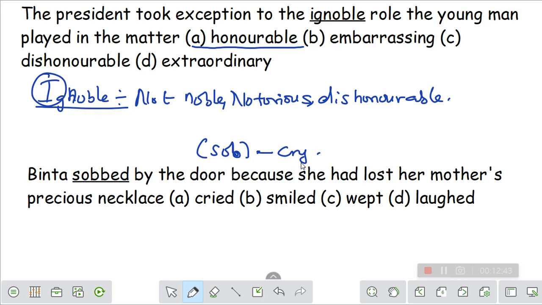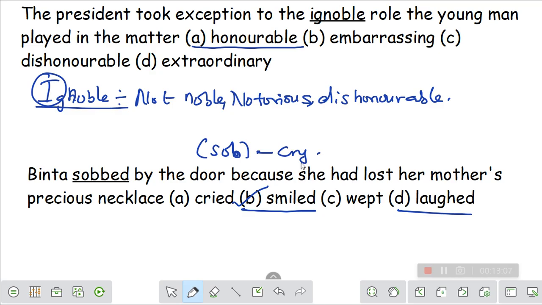If you firstly see this question, you're going to notice that laughed and smiled somehow look alike. This is how JAMB sets their questions. It's like the best option. So for this question, it's not laughed. You are going to go for smiled, because smiled you can express quietly, but laughed you can't really. It's also like smiled, but it's different. For this answer, the best option is smiled, not laughed.